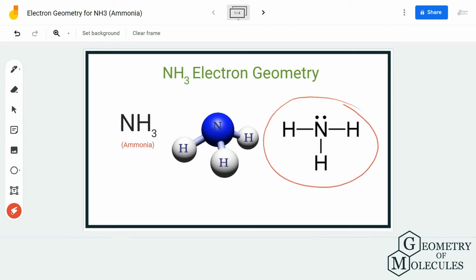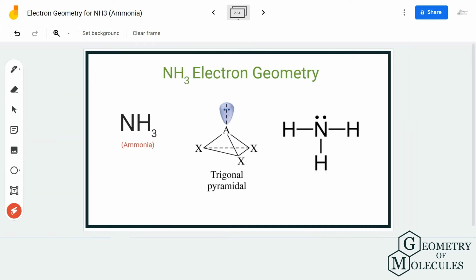So here's a Lewis structure of NH3 in which the nitrogen atom is in the center and it has a lone pair of electrons and it is bonding with three hydrogen atoms. So the structure might seem very simple, but when you look at its 3D structure and try to understand how these electrons are bonding with each other, it will give you a clear idea of what kind of electron geometry it is. So what happens is when the nitrogen atom is in the center, it forms bonds with three